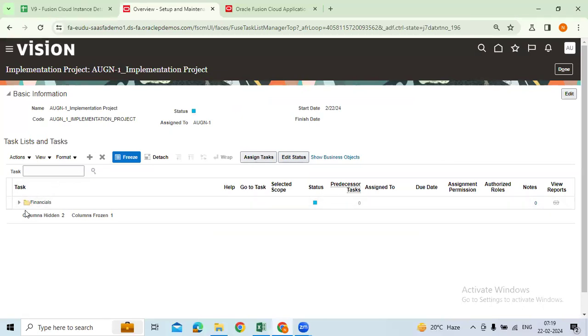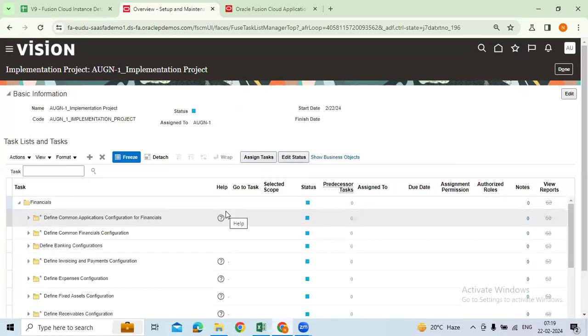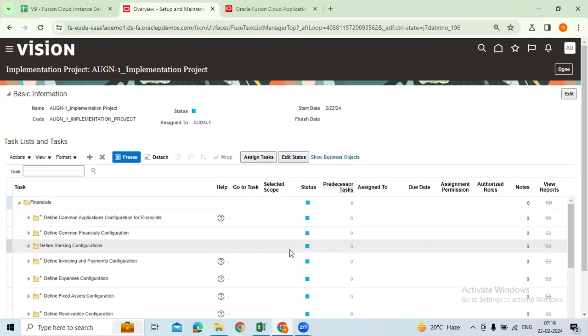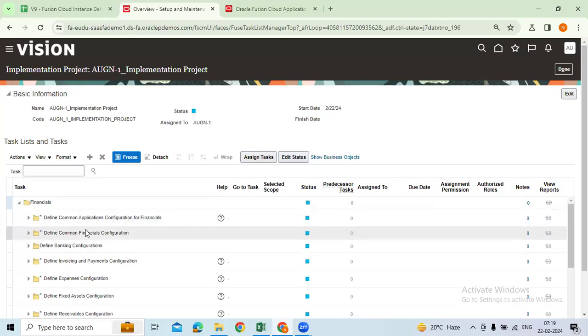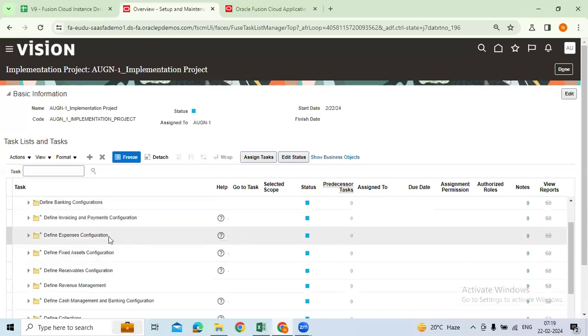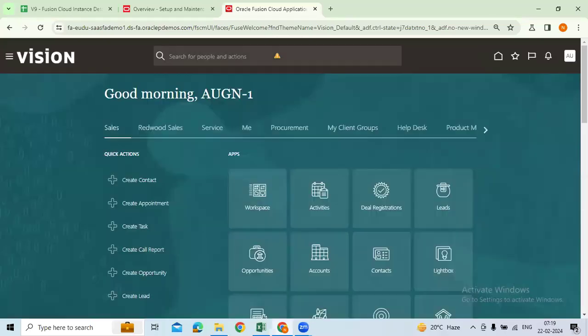Here I have assigned offerings like financials. Just click on this. Under this, you can go ahead and see. These are all different options which are available under this financials. You can see banking, fixed assets, everything. So let me show you, for example,